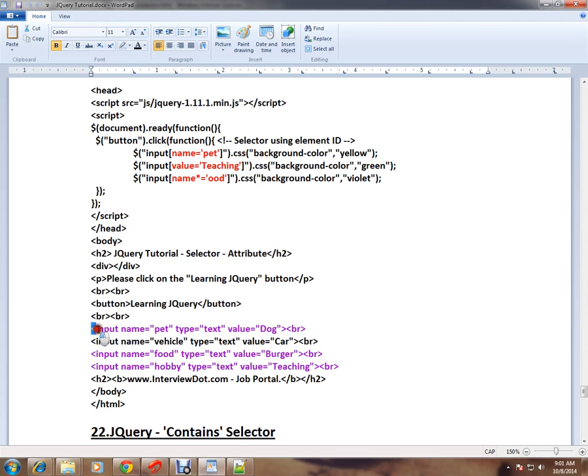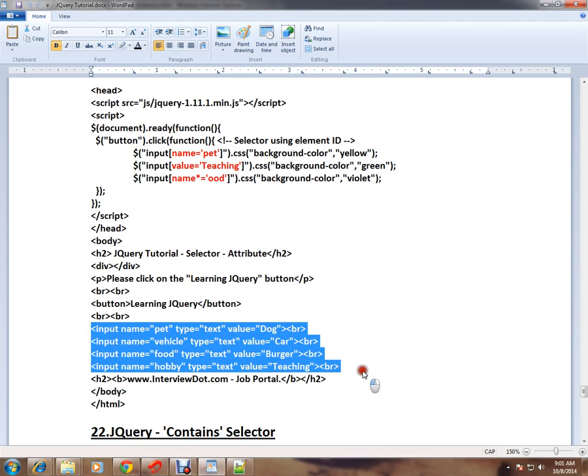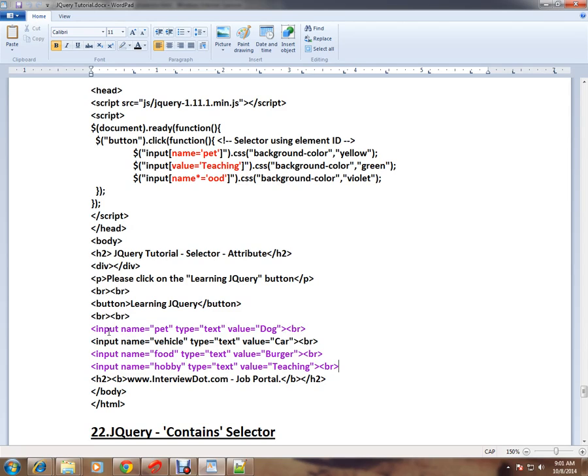In this HTML code, you can see 4 HTML input elements. I want to select these input elements using the name or value attribute. How can I do it? These input elements do not contain an ID or class, so we are not using any ID to identify the element. We are going to use the name attribute or value attribute. In your project also, there might be a requirement to fetch an HTML element using name or value